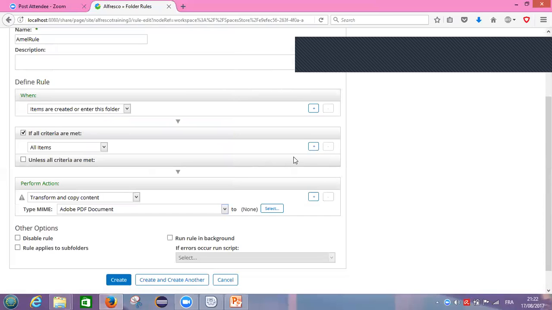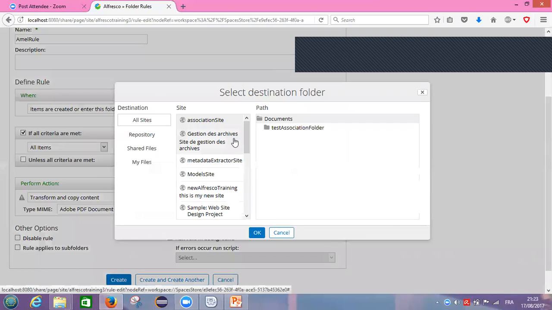Here, because my action is transform and copy content. For transforming, I choose this format, add a PDF document. But for copying my content, after transforming my content, it should be copied. Where? So I need to click here, select, and I need to select the part where I want it to be copied. For example, I choose the site name,